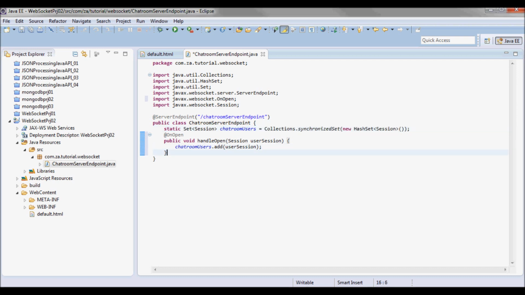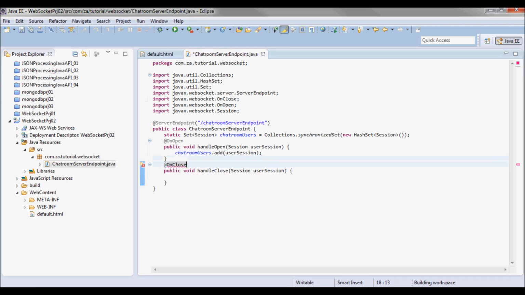And I'm gonna have another method that is called when the connection is being closed. So I'm gonna annotate it with the onClose annotation. And here I'm gonna be removing the session from the set.